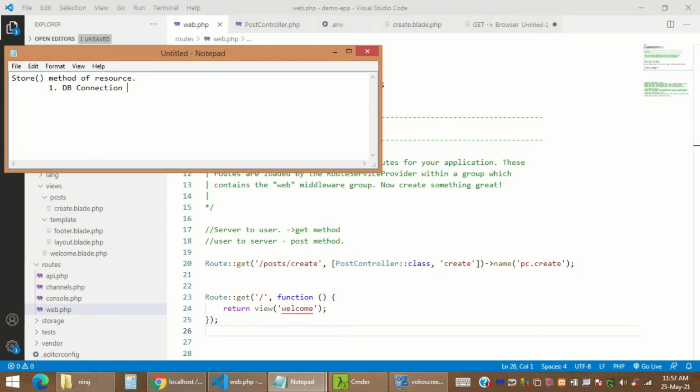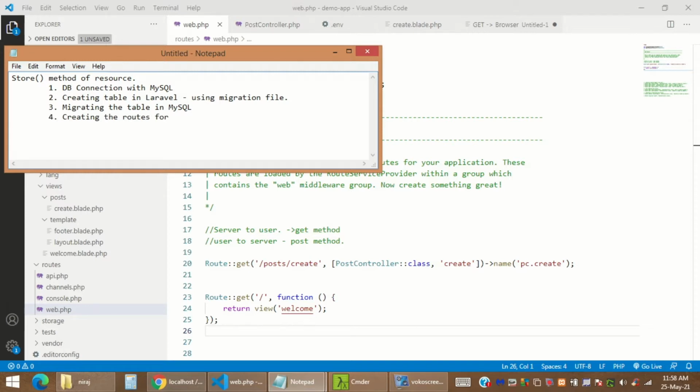Fine. To use the store method we have the following steps. First, the DB connection with MySQL. The second step will be creating a table in our database. The third step will be migrating the table in MySQL. But over here, let me correct myself: creating the table in Laravel using a migration file.